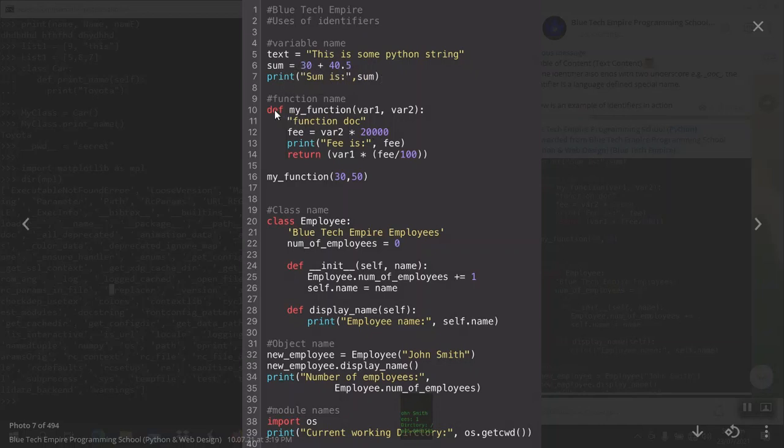Here is another identifier we use to create a function. You see, it's lowercase my function. Within my function, we have an identifier called phi. Then we call my function. Now, take note, this here is a class name. You see, we use a capital letter for its identifier. That's uppercase. So within the class, we have a couple of